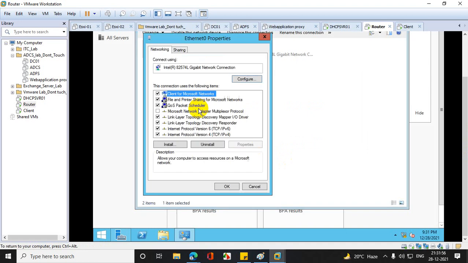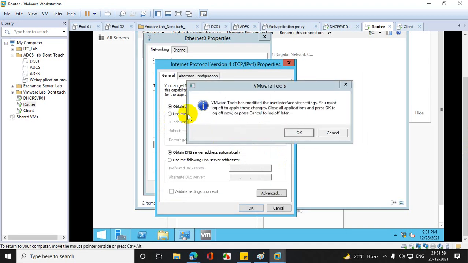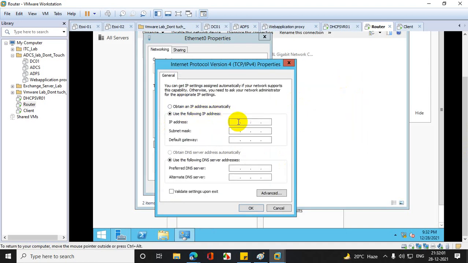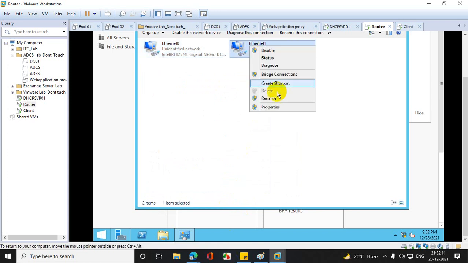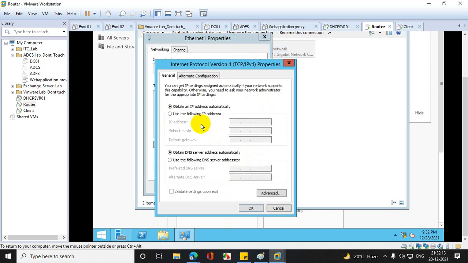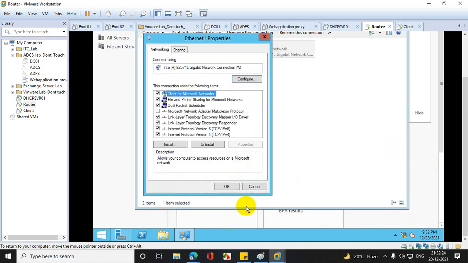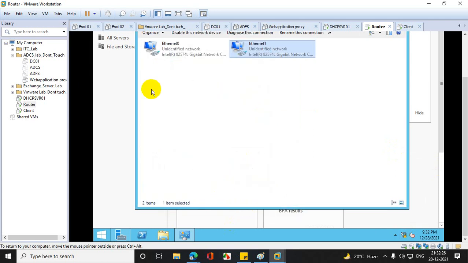On one port I will put my IP, which is 10.10.10.10, and on the other side I put my IP, which is 20.20.20.20. Clear? Perfect.